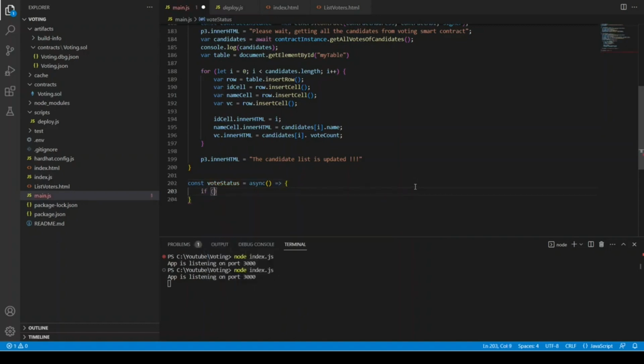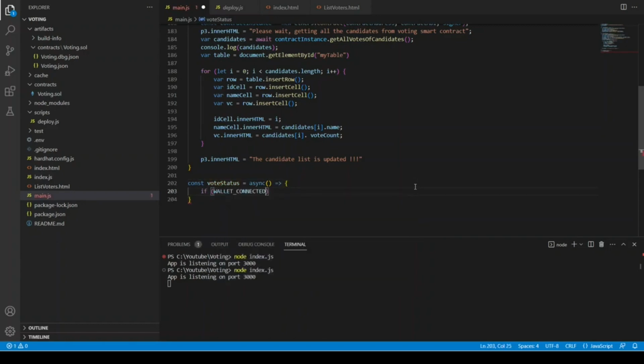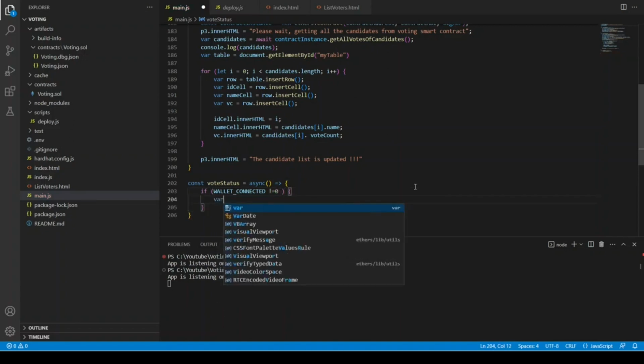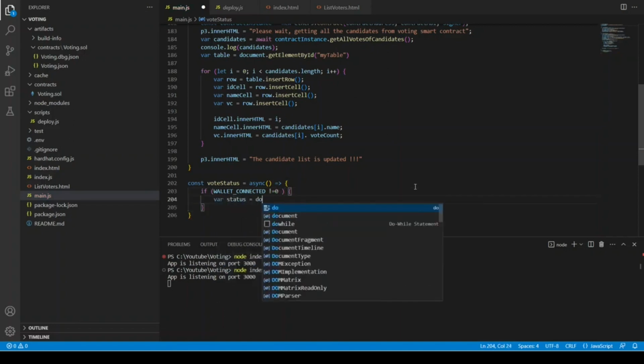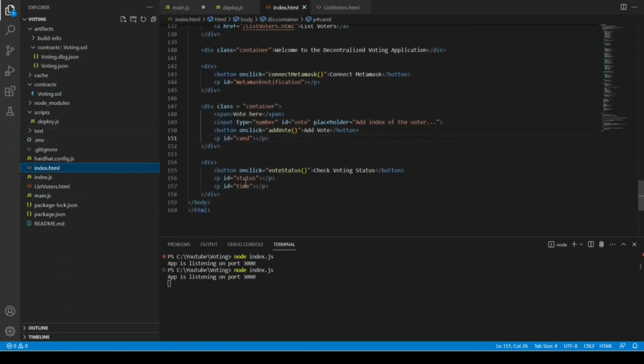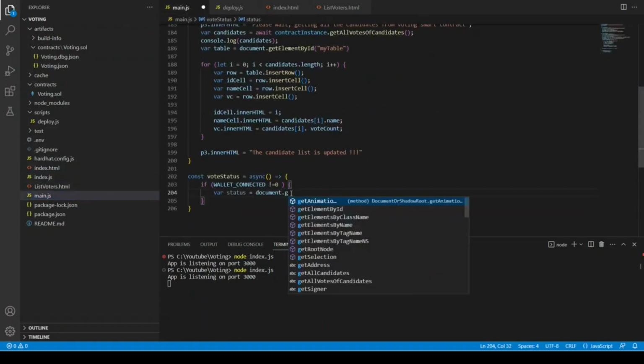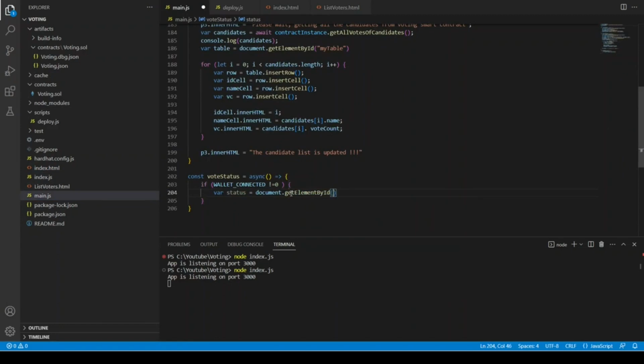We are first going to see if wallet_connected is equal to 0. We can say const status is equal to, because you remember we defined status and time, and we are going to update it here. So document.getElementById status,